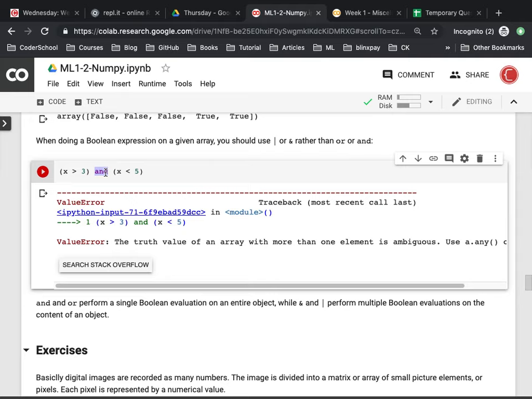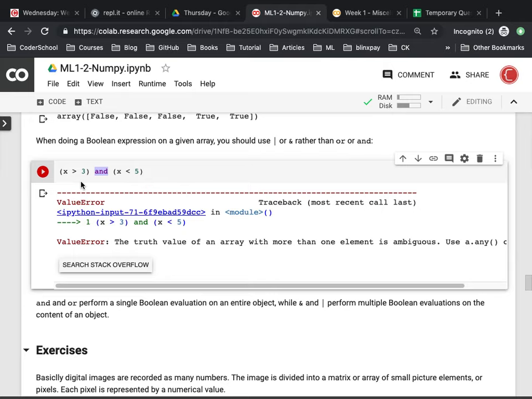The x greater than 3 gives us an array of true and false. It's not one value true or false, right? So the n is the combination between Boolean objects, but x greater than 3 returns an array of Boolean objects, not a simple Boolean object,